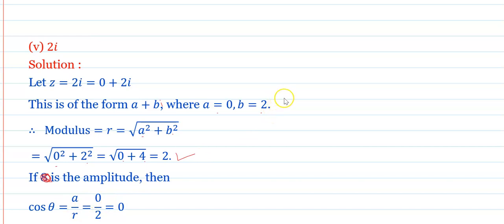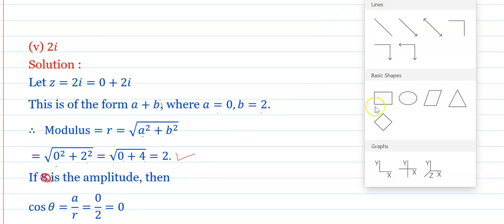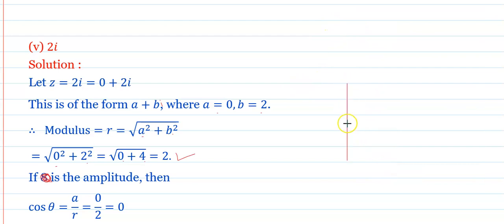But if we want to find the amplitude in a very simple way, I can draw it here using coordinate geometry. This is the x-axis, and this is the y-axis, x and y. The point is (0, 2), and therefore the amplitude is equal to 90 degrees. It lies on the y-axis, and that is nothing but pi by 2. Therefore the amplitude,